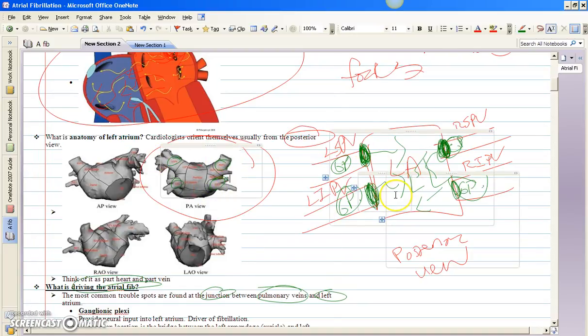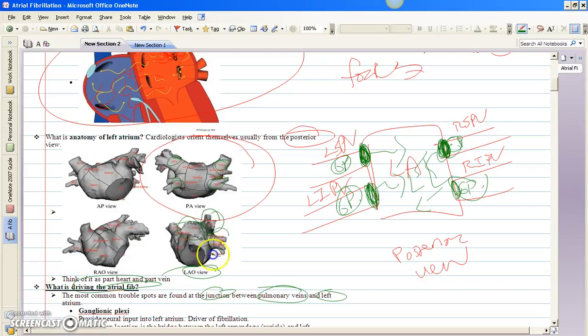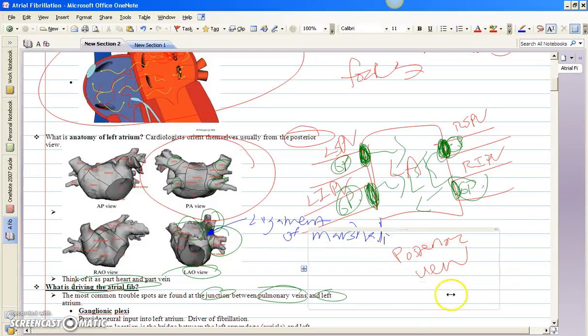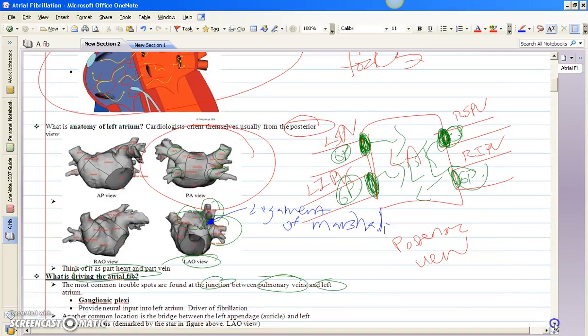Another thing that we want to take note of is we've heard a lot about the left atrial appendage, so let's go ahead and check out this LAO view. And right here we see the appendage, we see the superior and the inferiors, right? An interesting note is that this in-between region right here in blue is something we call the ligament of Marshall. It's a great buzzword. We'll cover it a little more in depth further down, but just to give you some spatial orientation.